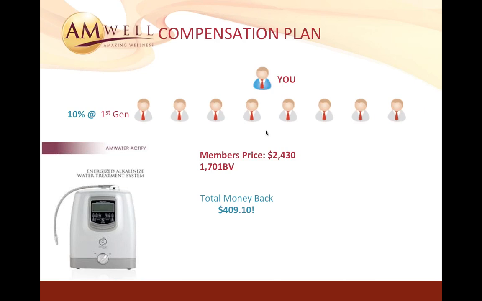Obviously there are different qualifications for TGB and TBB, but the whole idea here is to not only increase the volume on everything, so everything has more business value, but also increase the payout. So we're increasing as much money as we can to give it back to the field, because we know that when we reward the members and give them everything that we can, there's more incentive for them to go out and enroll people, buy personal purchases, and buy a product and retail it. It works overall across the board a lot better for everybody else.